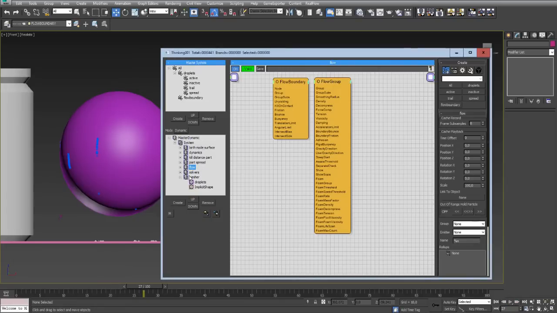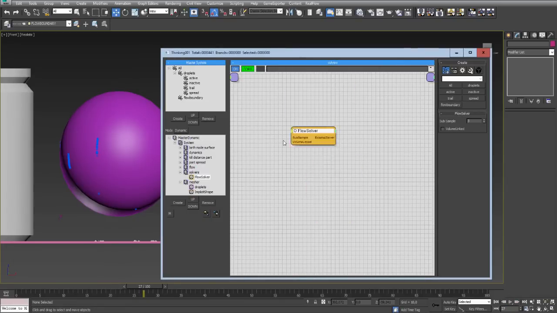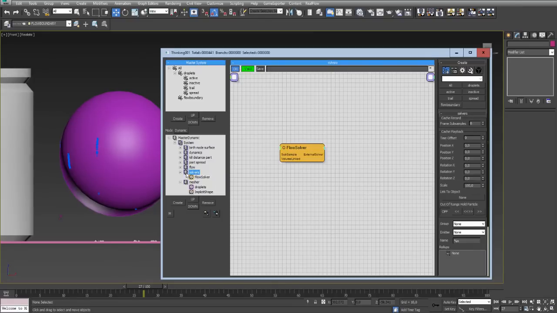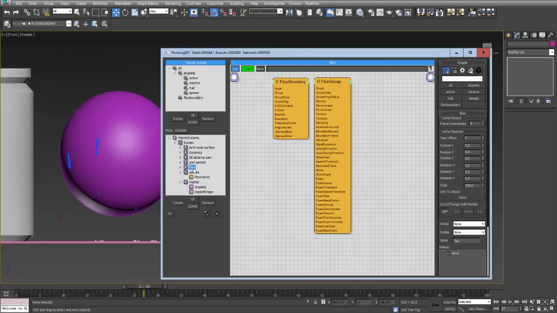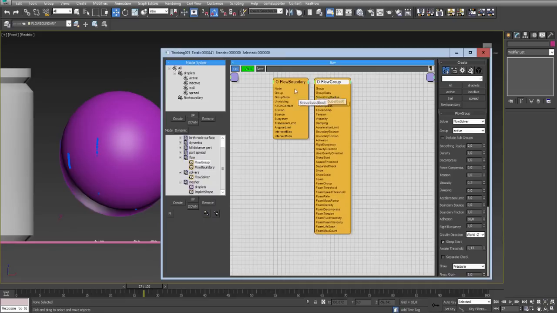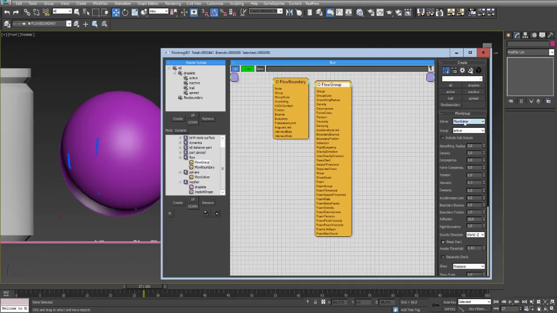After the flow, I have the solver. Of course, you always have it, and I'm used to doing it here in the dynamic set just for the solvers and putting it in the end. This is crucial because if you put the flow solver before this, it will not work, or it will not work properly. So here it's so simple. You just have to put flow group and